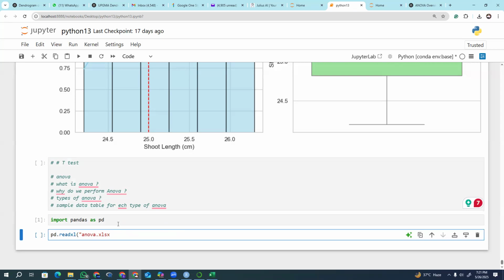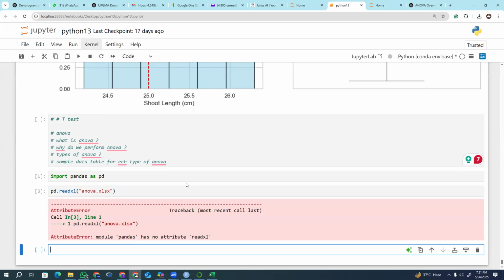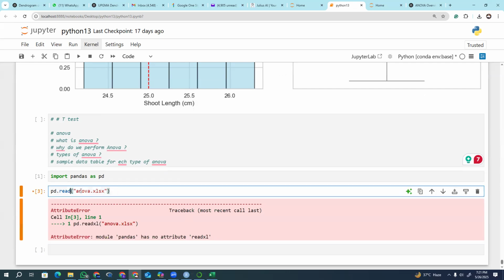ANOVA.xlsx close and bracket close. We have not defined any sheet. When you do not define any sheet, it will use the default sheet, which will be sheet number 1. It is showing me there is no attribute read excel. So here is the function name read underscore excel